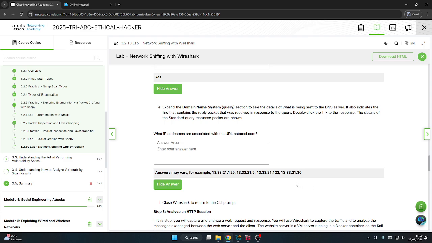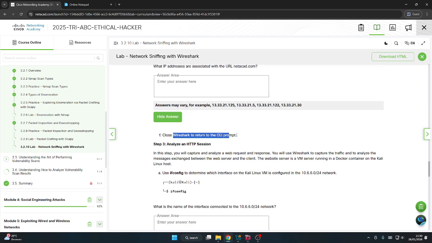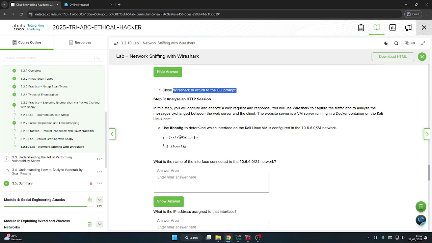One thing we can conclude is the IP address starts with 13 and 33. Close Wireshark to return to the CLI from the HTTP session.